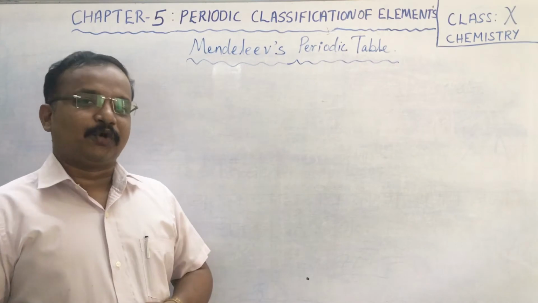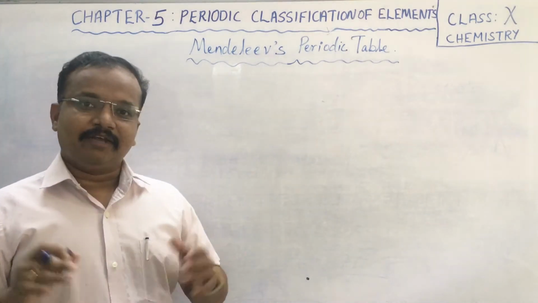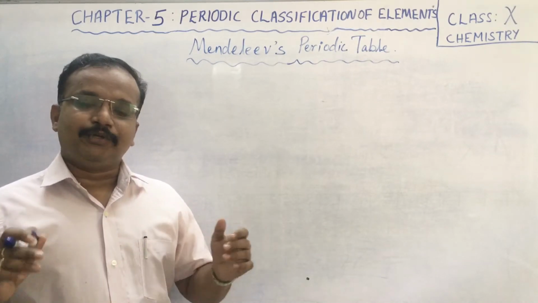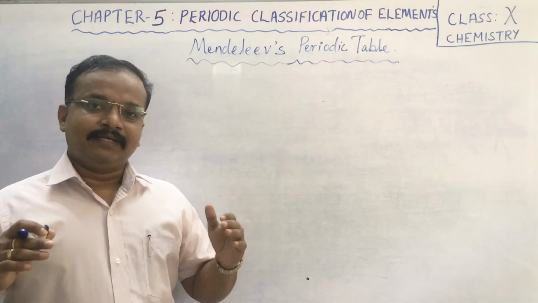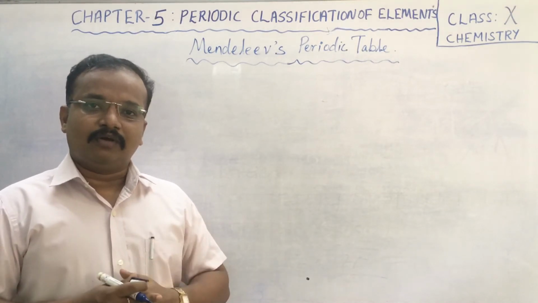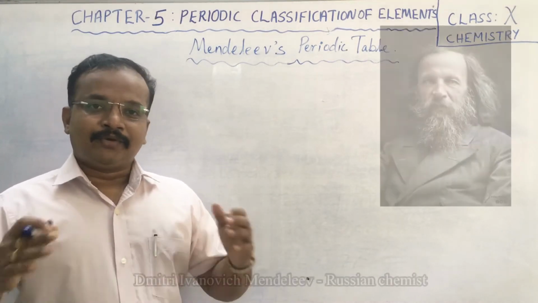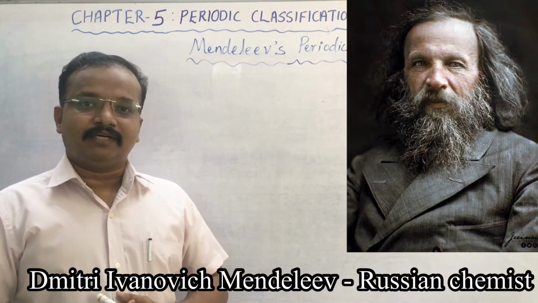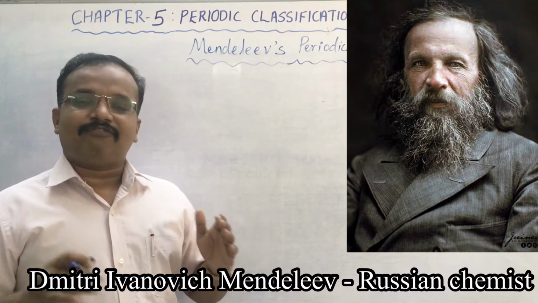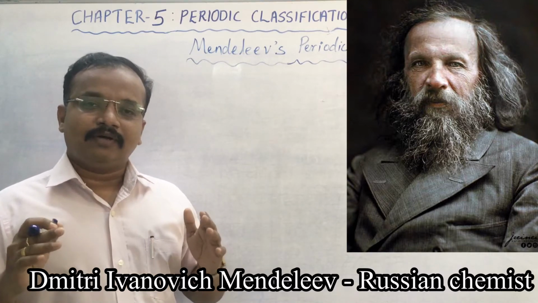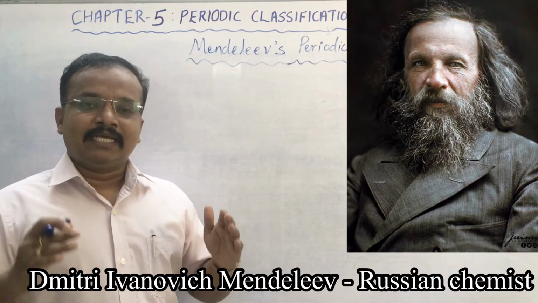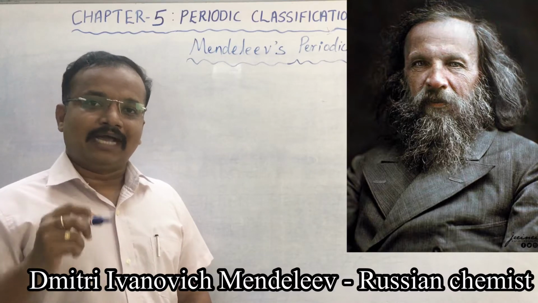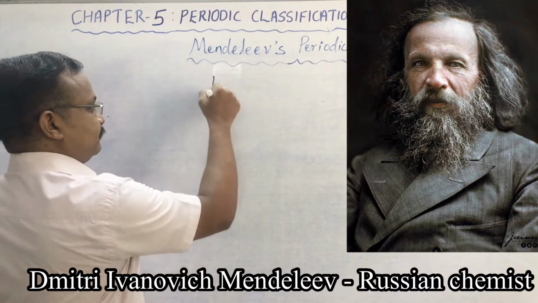Today we are going to discuss a new topic, Mendeleev's periodic table. In our previous class, we discussed Dobereiner's triads as well as Newlands' law of octaves, where they suggested their own models for periodic classification. Correct? Today we are discussing how Mendeleev classified elements in his table. This is actually the first organized way of classifying the elements. Why? Because his classification is based on one of the main fundamental properties of an atom, that is atomic mass.